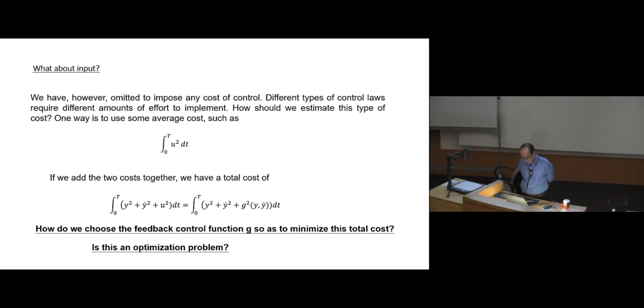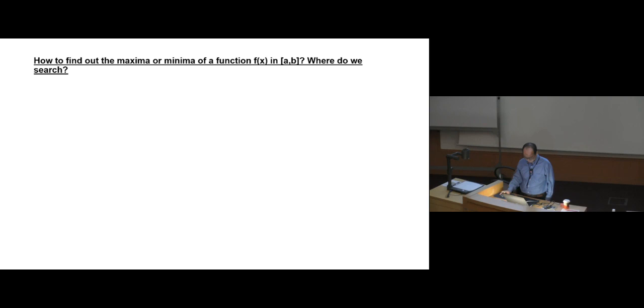But when we look at this question, now you can say, is this an optimization problem? We want to minimize something, right? We want to find out the smallest value. Of course, that is the optimization problem we're going to solve. All right, okay, let's start from the beginning, or what you have learned in the past.